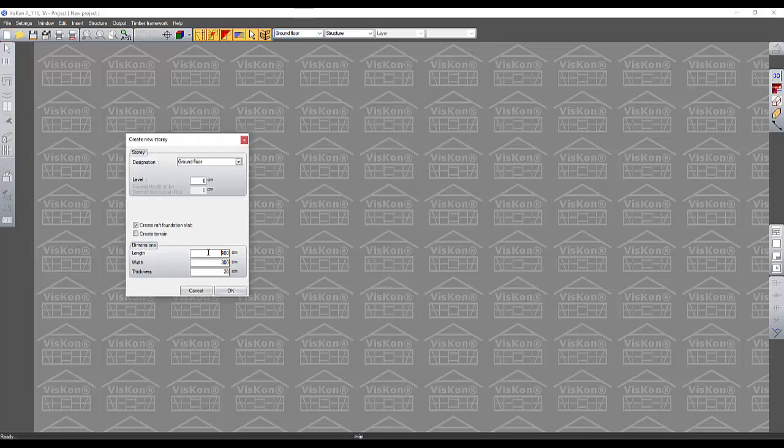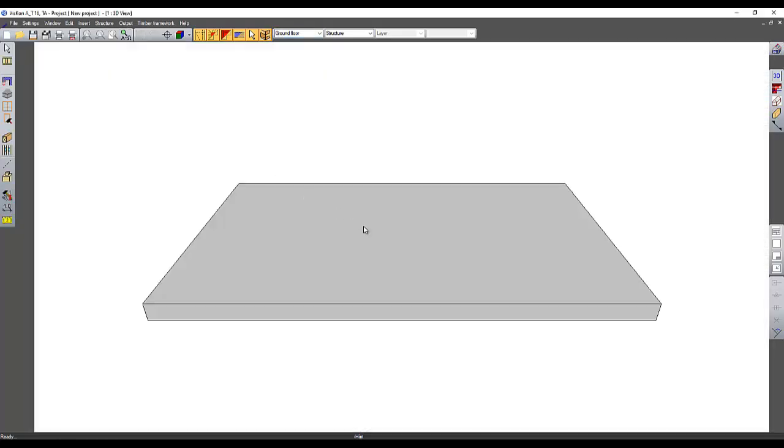I'm going to show you the software Scalinata Prima. That is the architectural version of VisKon Treppe. So we are making a slab where to put our staircase. We confirm, and then